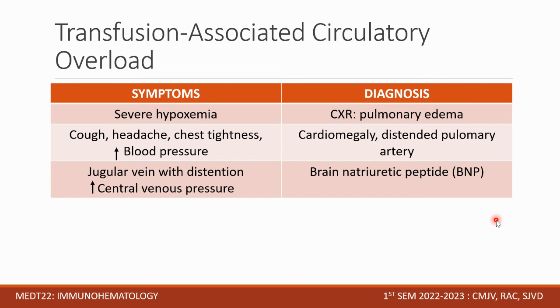Okay, so what are the symptoms? Okay, you have severe hypoxemia, you have cough, headache, chest tightness, increase in blood pressure. Then, jugular vein distension, increase ang central venous pressure. So, why is that? Because